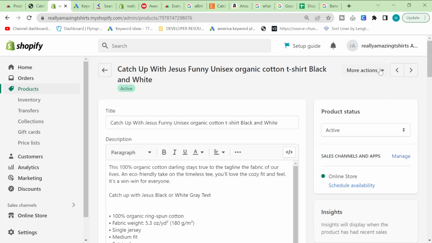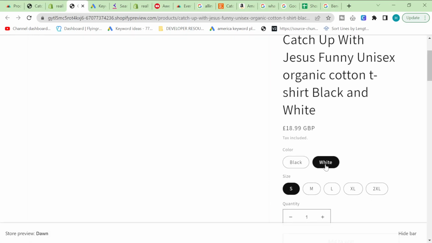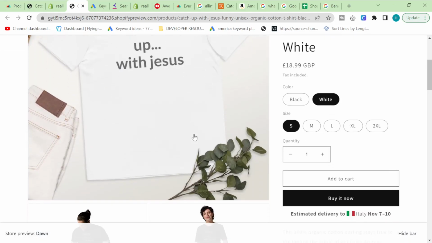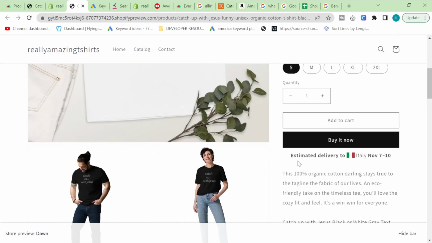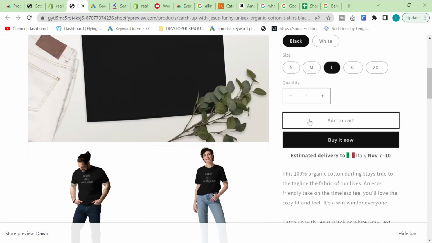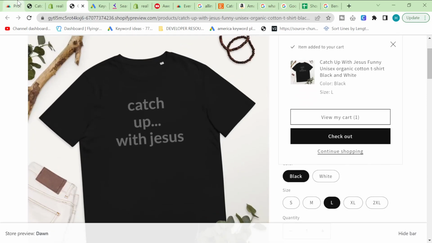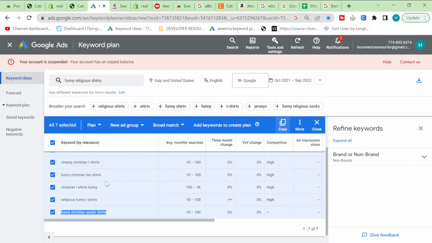Nice. So let's just quickly take another look here by clicking preview. I want to see the variation. Yeah, it does have variations, perfect. Nice, this is great. This is exactly what we're looking for. It's got all the sizes, and yeah, we could already start selling basically, but we're not. We're going to keep going in this niche and see what else we can find in this niche, which we already